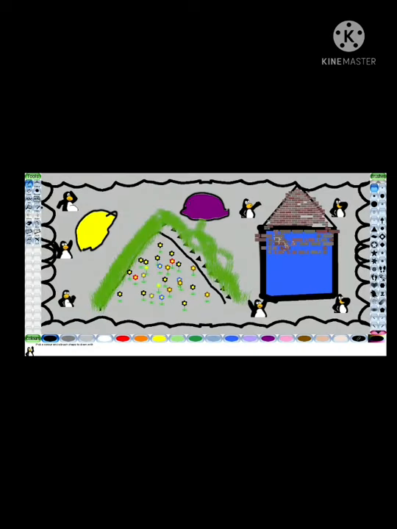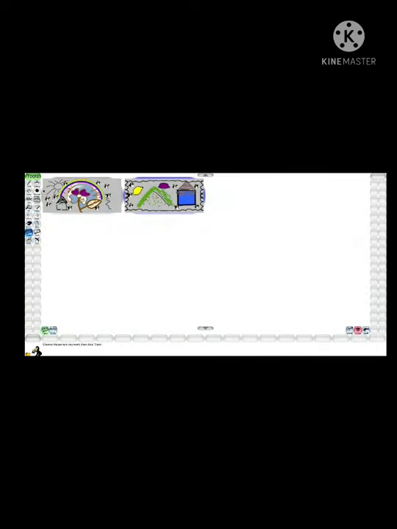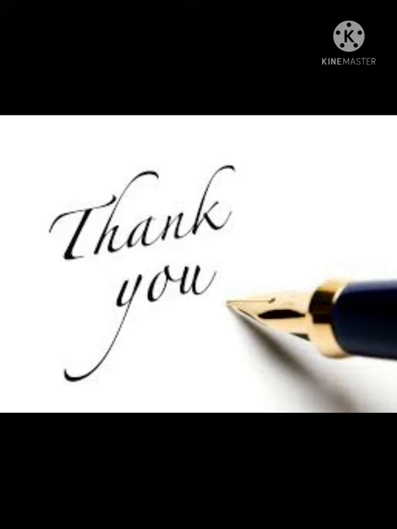Okay children, now to open the saved drawing, what you have to do is open Tux Paint and then in the toolbox select open. Your saved drawings will appear there. Click on the drawing you want to open and then click on open. Okay, are you clear with the different effects? Yes, Tux Paint is also available for mobile phones. You can use it on your phones also. Try using Tux Paint and try different tools, draw, color and have fun. Thank you.